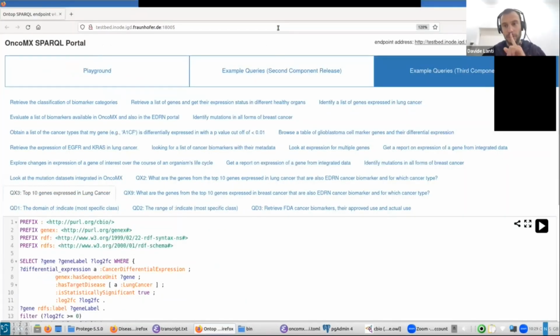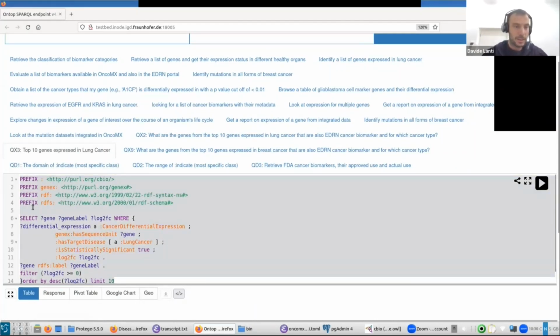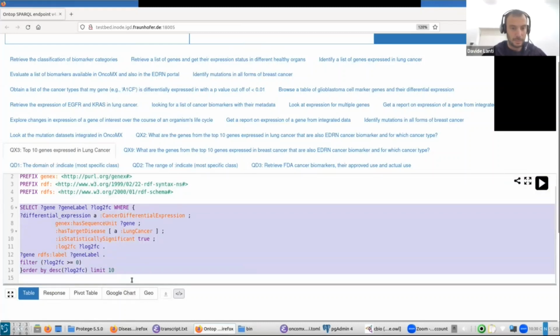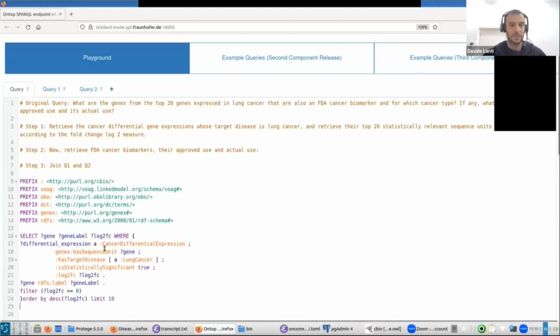So what I would do for your query is, since we already collected some information that looks similar to the problem you just showed, here I have a query that asks for the top 10 genes expressed in lung cancer. We could take this query and modify it a bit. If you want to do this manually, you need to understand a bit of the language, but here it's very simple. We just ask for the first 20 results, and rather than lung cancer, and this is the nice part, we can directly ask for